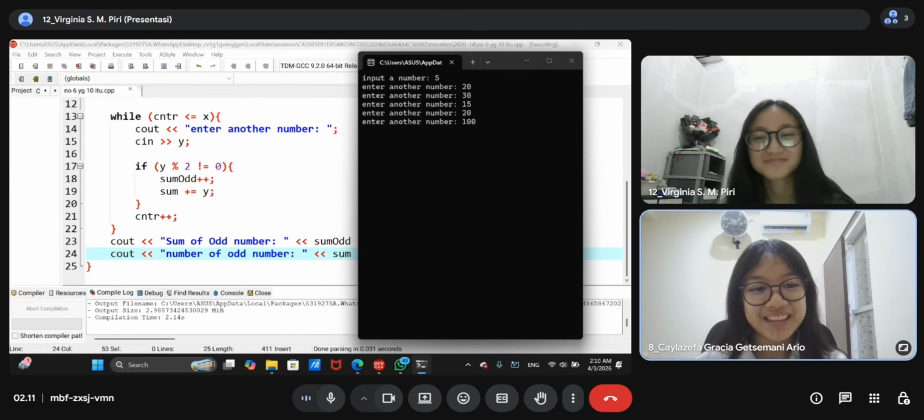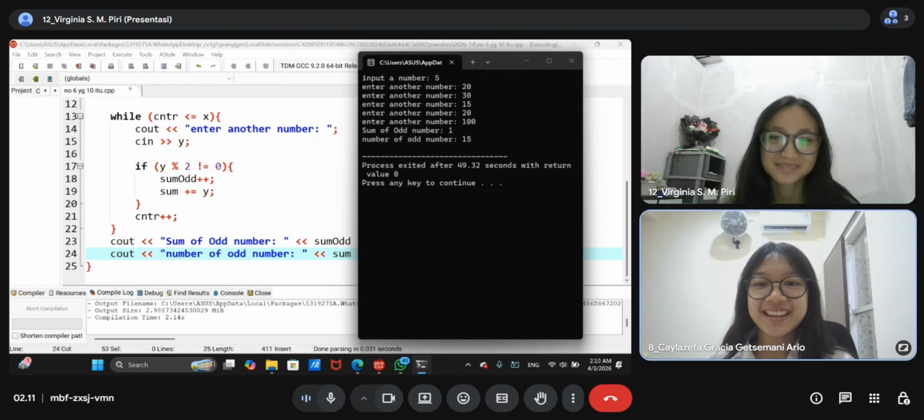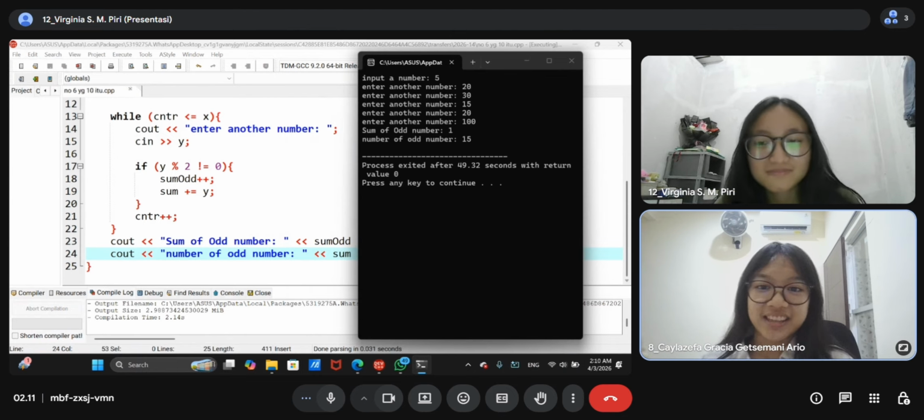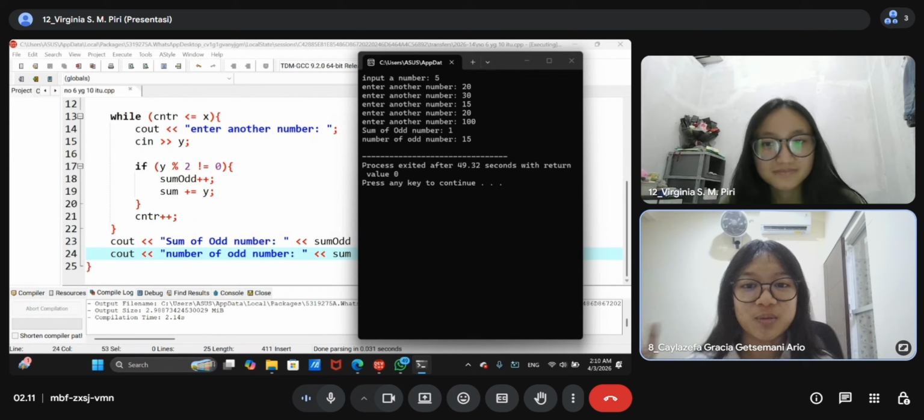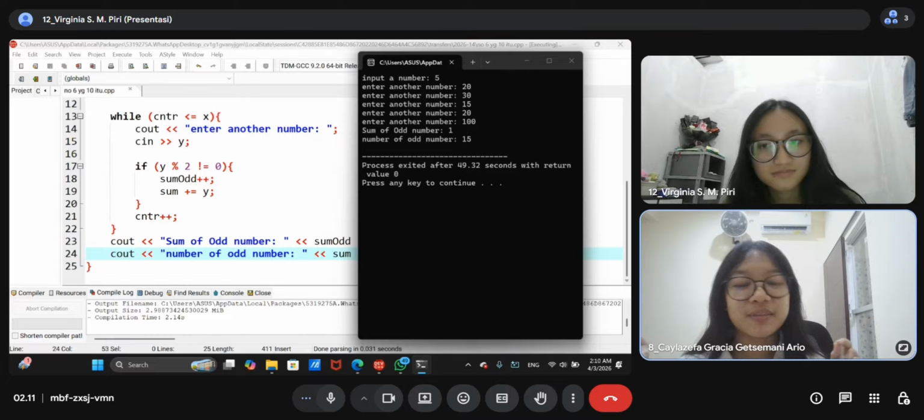So the output is 1 and 15. Why? Because the only odd number is 15.